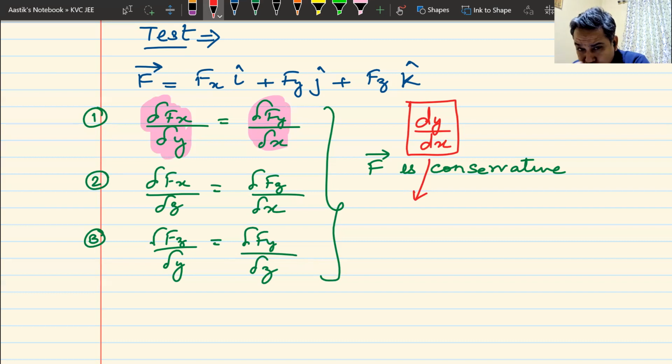No one knows? Differentiation of y with respect to x. Great. It is known as the derivative of y